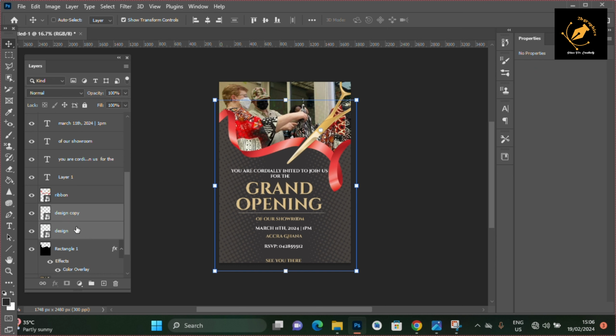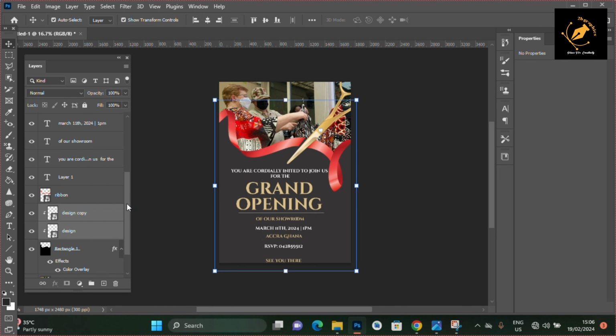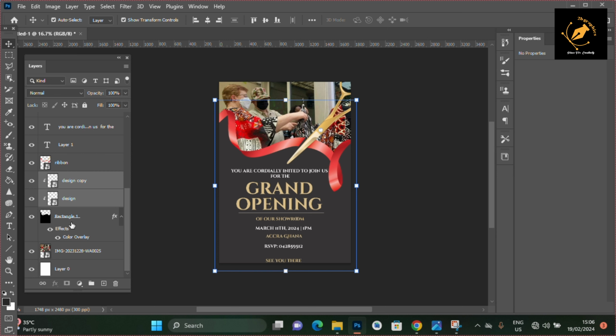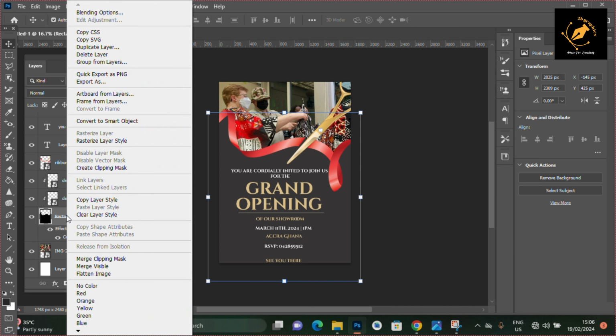So I'm going to put the 2 inside the rectangle. I'm going to select all the 2 as I've selected here. Then I'll right click and click on create a clipping mask. The clipping mask basically puts the image onto the subject. But you see, it's not visible here because we've added an overlay to the subject. So let me right click on it and convert it to a smart object, and you see it's visible now. Let me reduce the opacity